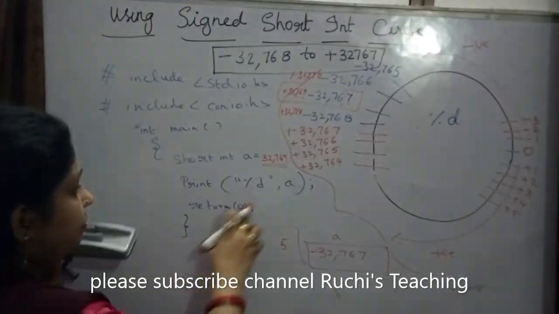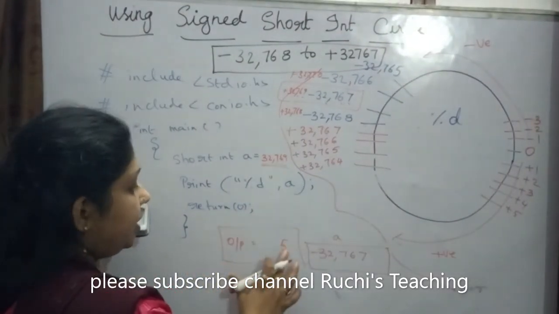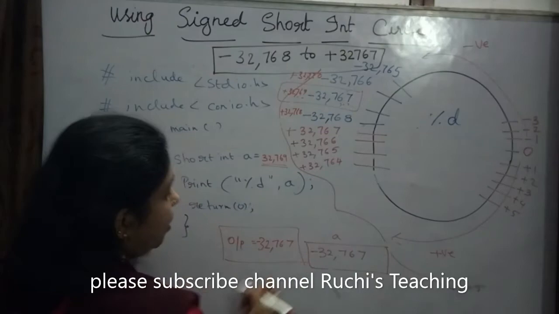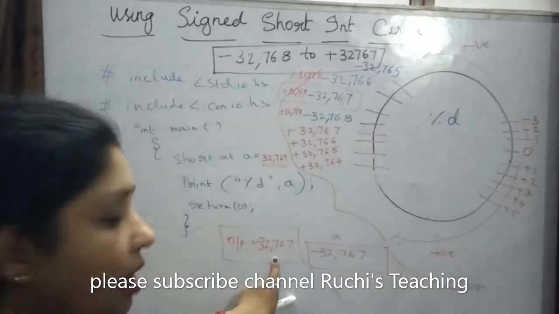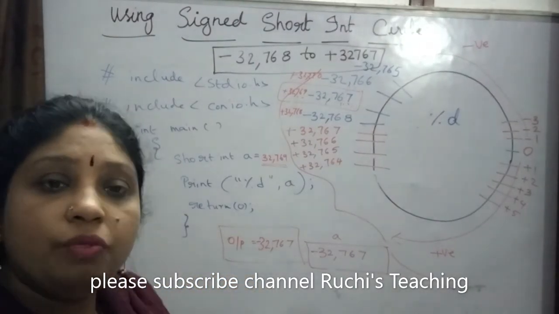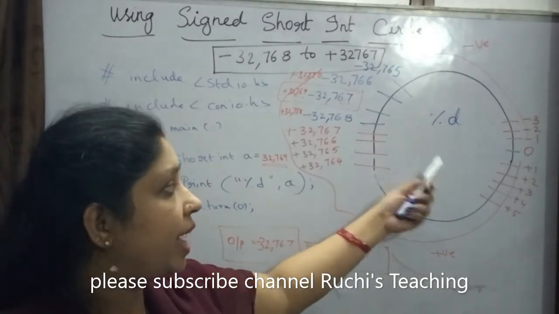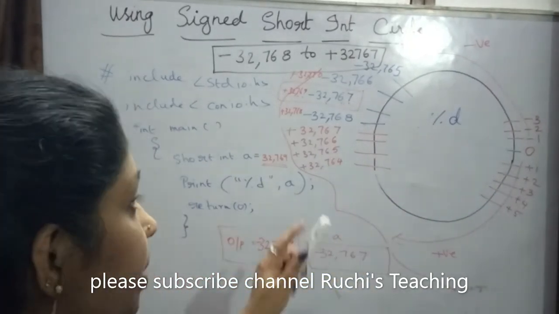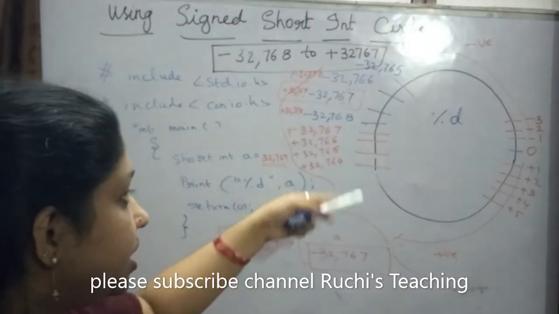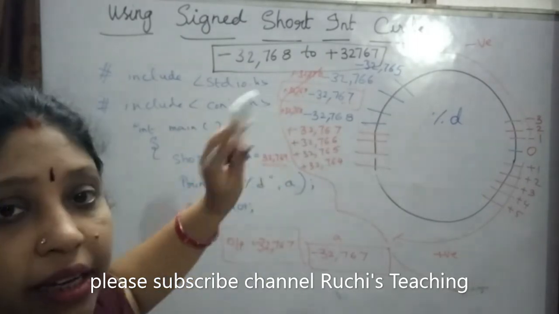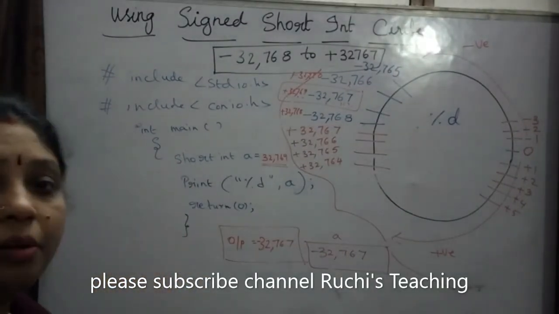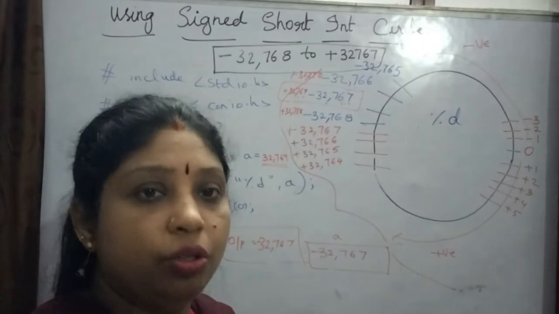Now when you ask to print this particular value, it will print this value. This value is printed over here: minus 32,767. So when you see this value, what happens? You have given this value, but it is giving out some negative value, which you don't know. You don't know that at the back end this process is going on. So you will call this value a garbage value. Understood? So this is the thing going on in the back end of programming languages. Okay? So this is the way a garbage value is thrown out on the console, right?